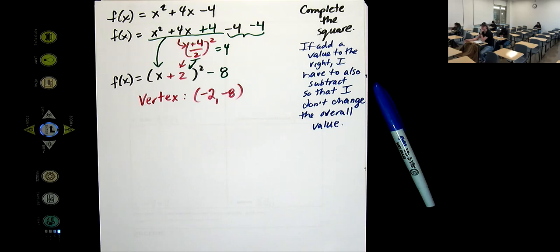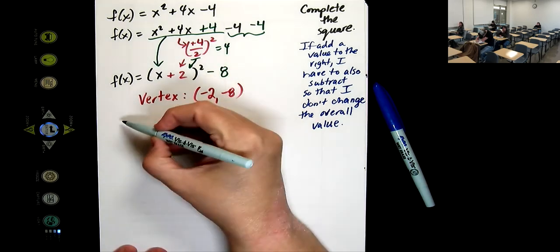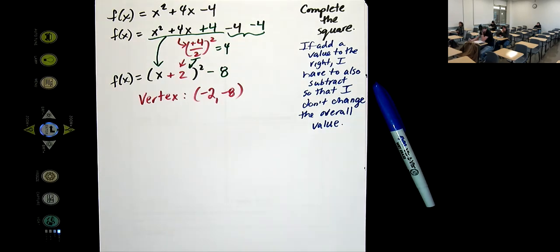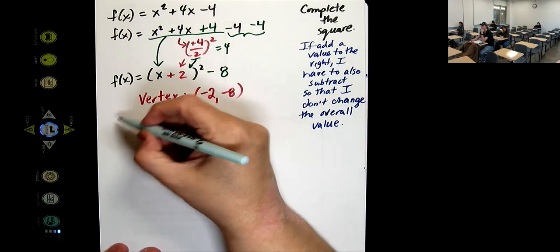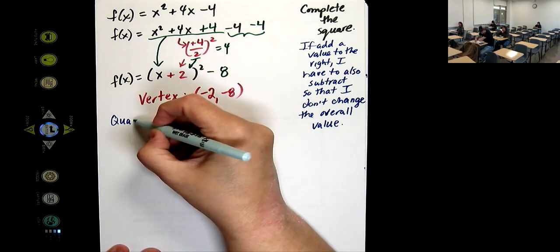So completing the square is one approach. And it works even if there's a value in front of the x squared. We'll do one of those in a second. The other approach is there is a vertex for quadratic functions